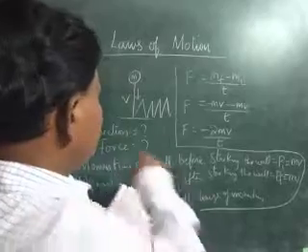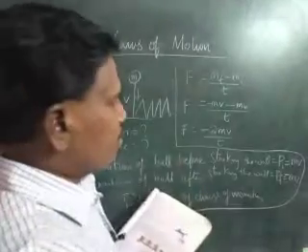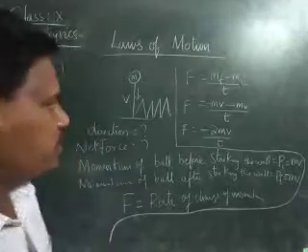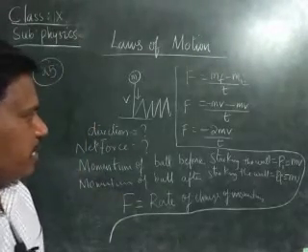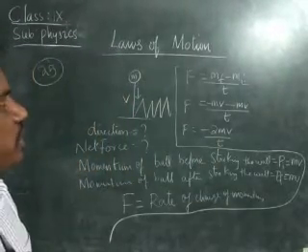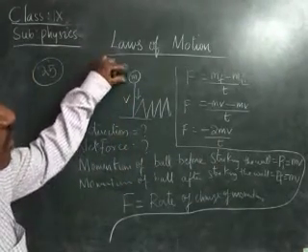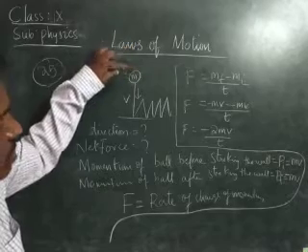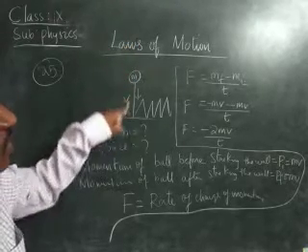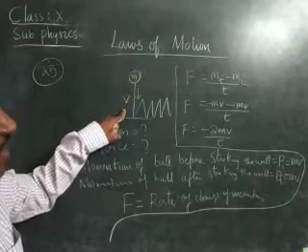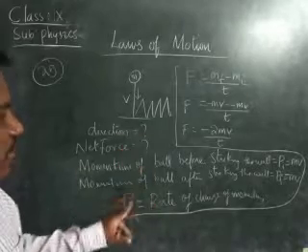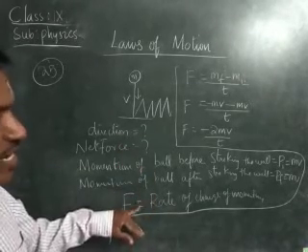Okay, what is he asking? He is asking the direction. The direction is minus, that is, the force is acting in the opposite direction against the wall, and the net force is minus 2 mv by t. Okay children, I think you understood. A ball of mass m is moving with velocity v, striking the wall. Before striking the wall, its momentum is mv. After striking also its momentum is mv, but in the opposite direction. He is asking to find out the net force.